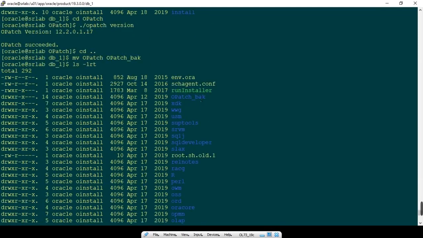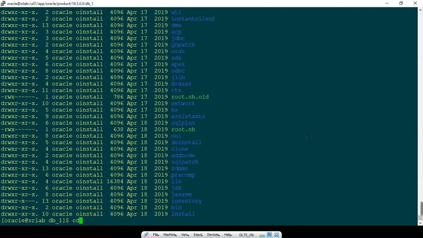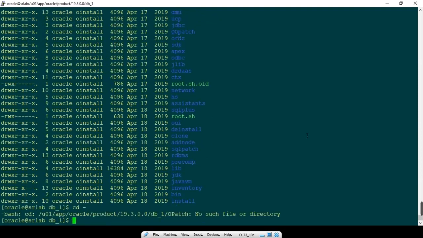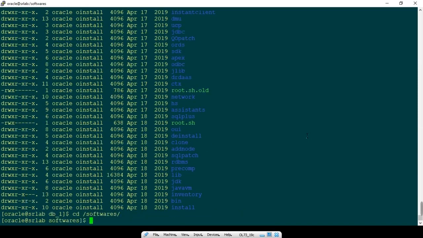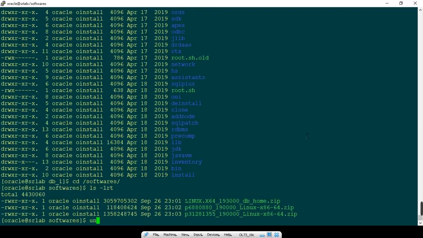You can see now we have renamed it. Now we go to the software location and extract the new OPatch version.